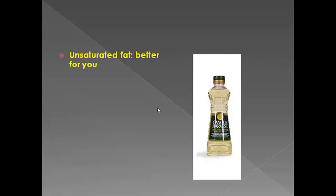Now I'm giving an example. I had a professor in college, and this is back in the late 80s, and he had high cholesterol. High cholesterol ran in his family. So what he decided to do at that point, it was considered that fat diets lead to high cholesterol. So what he did is he took all the fats out of his diet. All he ate was carbs and protein. And when he tested his cholesterol at the end of his 5-month experiment, he found out his cholesterol actually went